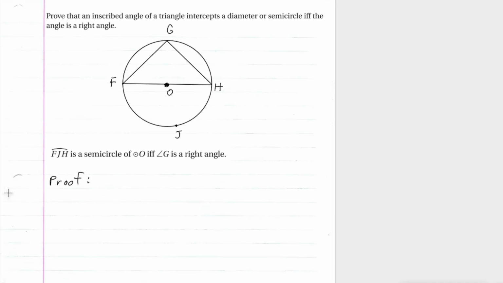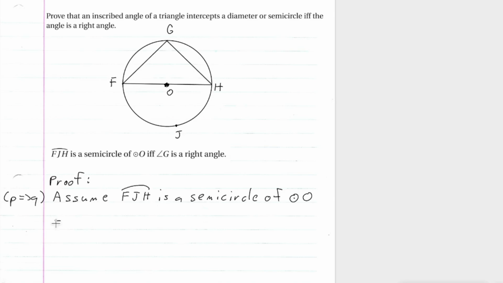So we'll go ahead and do the first, P implies Q. So we're going to assume arc FJH is a semicircle of circle O, right? So since arc FJH is a semicircle, this implies that the measure of arc FJH, right,